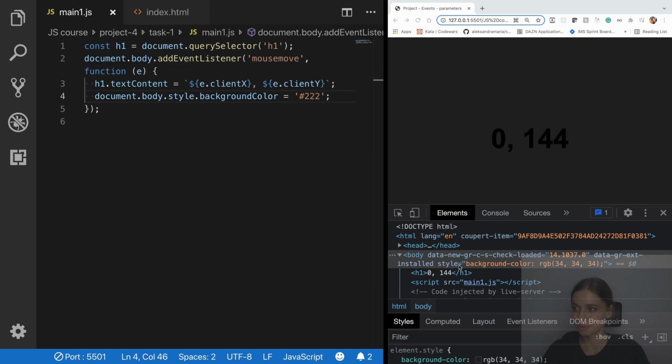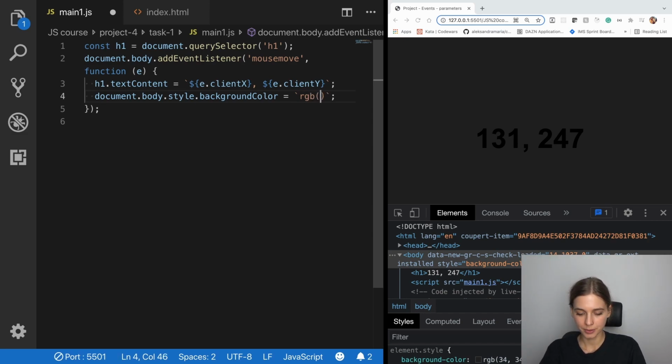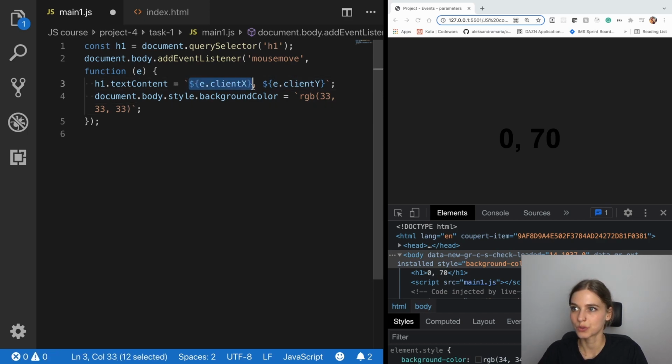And we have the style attribute and the background color set to RGB 34 3 times, because this is the notation for the CSS, and this is something that we're also going to use in here. So instead of a normal string, we're going to use a template string. Erase that and put RGB whatever, because we're going to replace those values in just a second. So instead of the values here, I want to use those values from here. So I'm injecting them